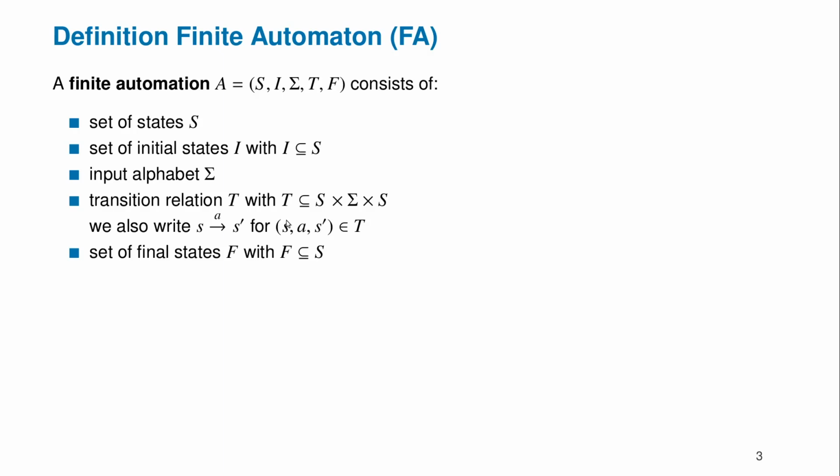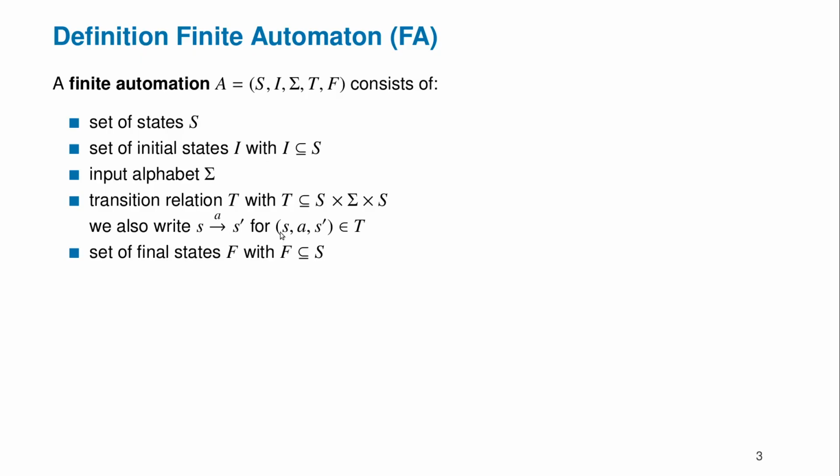And in textbooks you will also find many other definitions as well. Maybe you noticed that we have a transition relation and not a transition function, which is also very common to define a finite automaton. What is the effect? This we will also discuss a bit later, but to make it short,